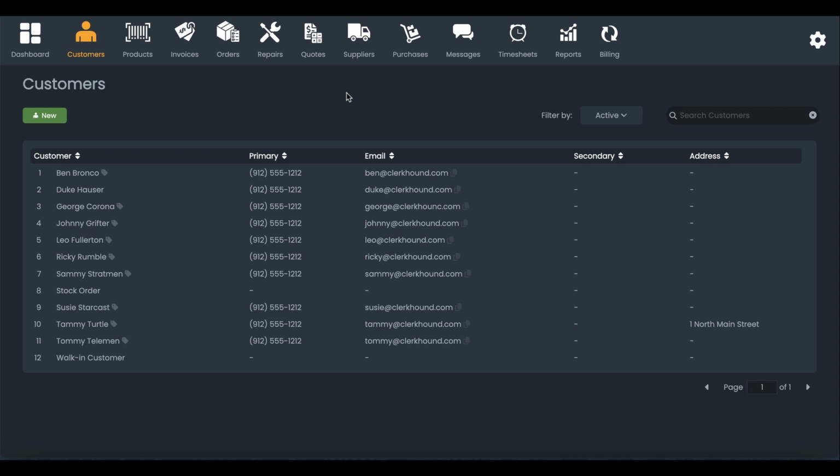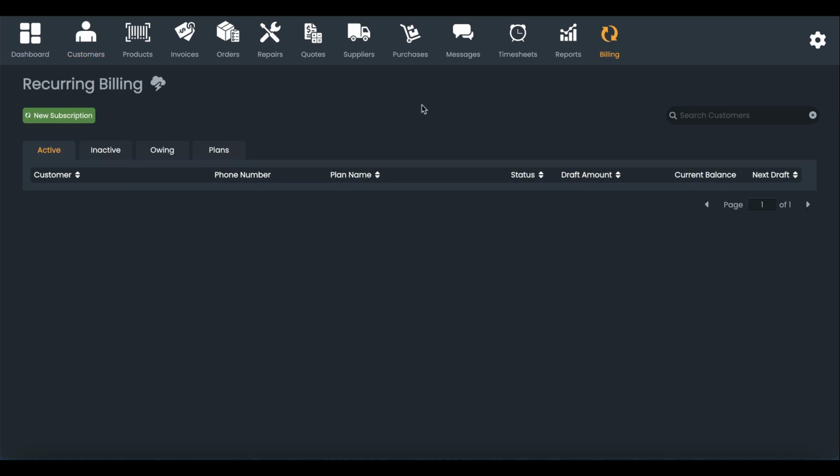we have in ClerkHound. First, navigate over to the billing section, and you'll see four tabs: active, inactive, owing, and